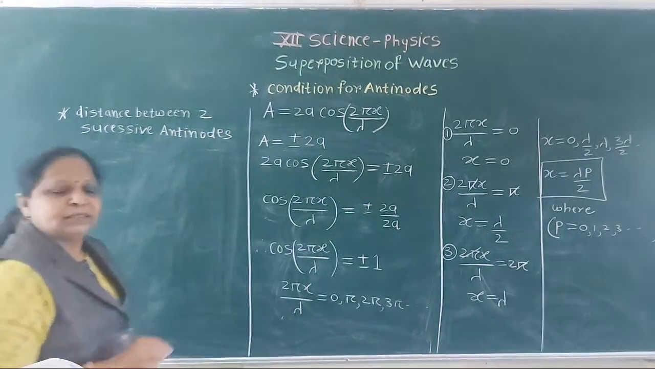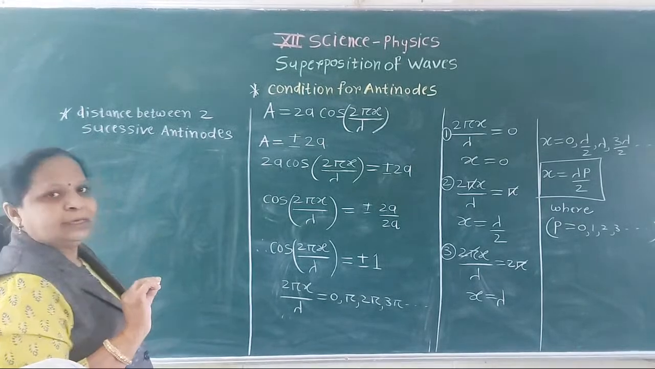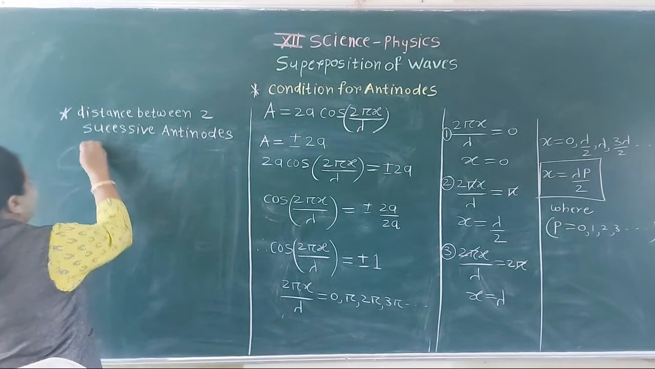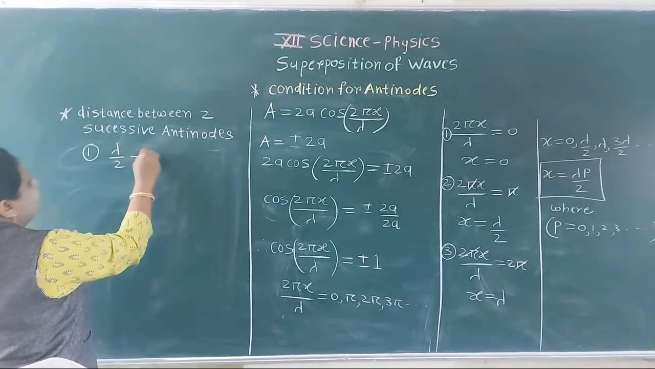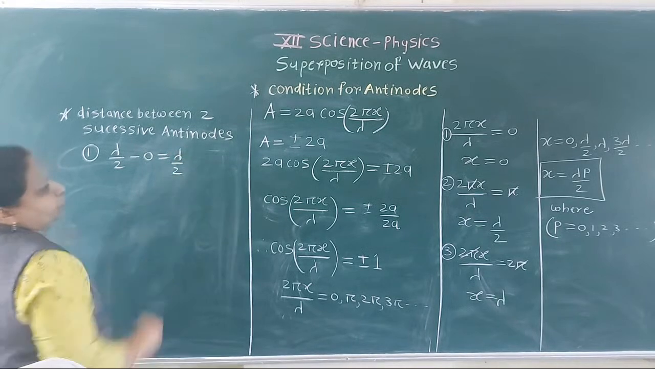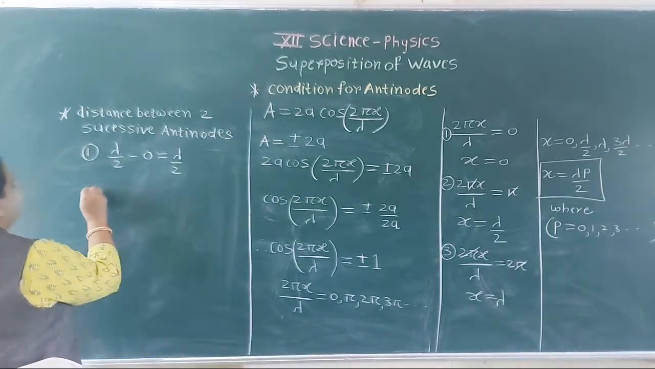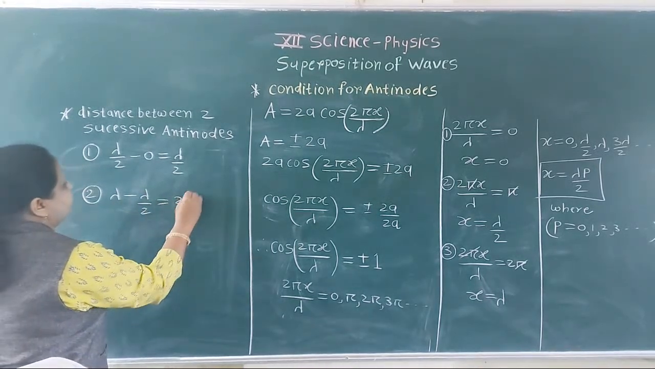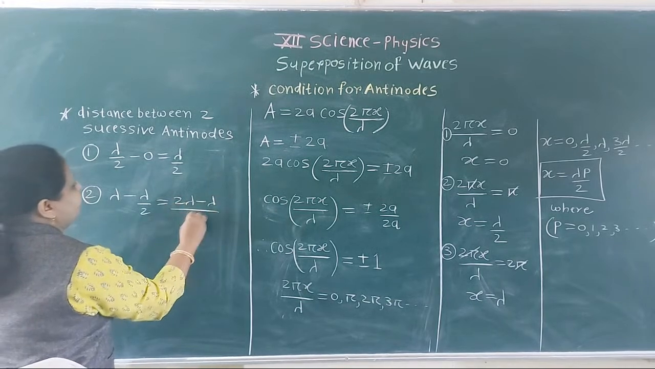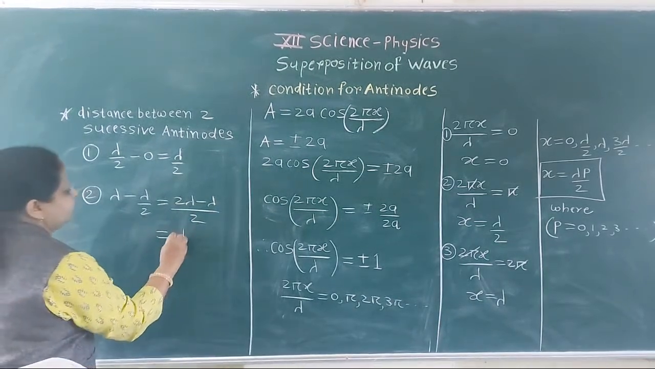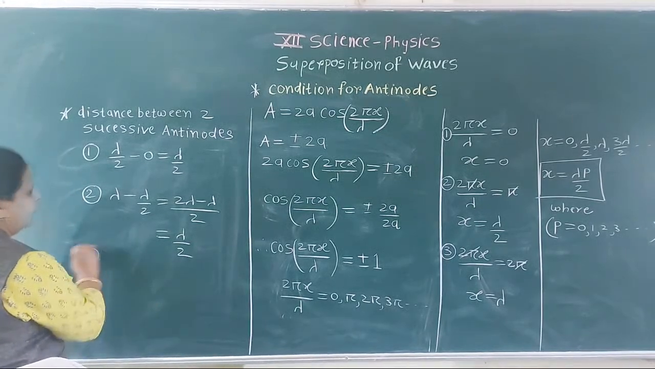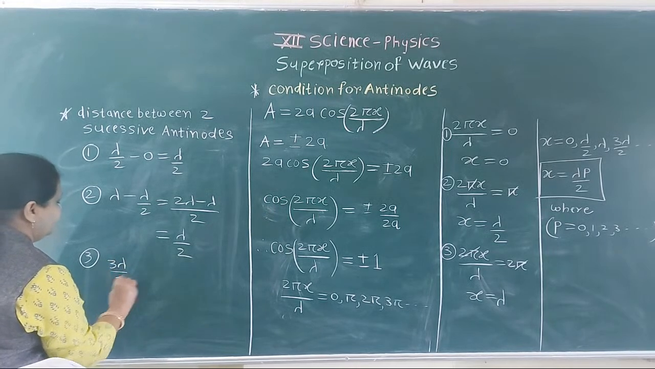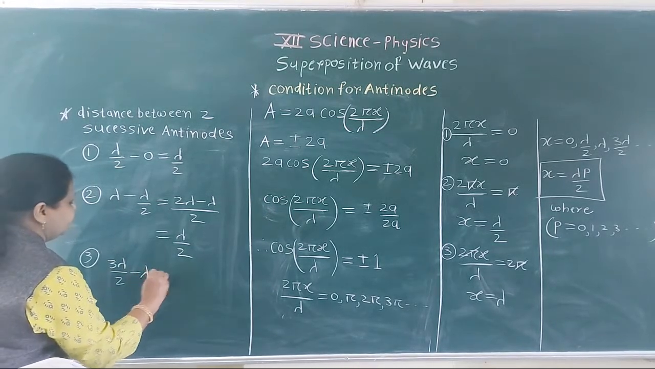So what is the distance between two successive antinodes? Let us calculate. First we consider the example. Lambda by 2 minus 0, which becomes lambda by 2. Next, lambda minus lambda by 2, which is equal to twice lambda minus lambda divided by 2, which becomes lambda by 2. In the third example, 3 lambda by 2 minus lambda is equal to again